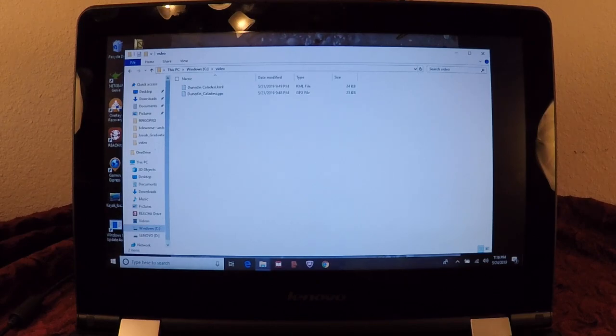So we are starting where we left off. We have our little directory, similar to what we did with Garmin in part 2. And we've got our KML and our GPX. In this case, we're interested in the GPX file. But this is much simpler than Garmin. We don't need an application like Garmin Express or Garmin HomePort. This is very simple. All we need is